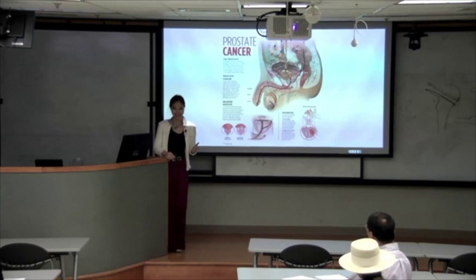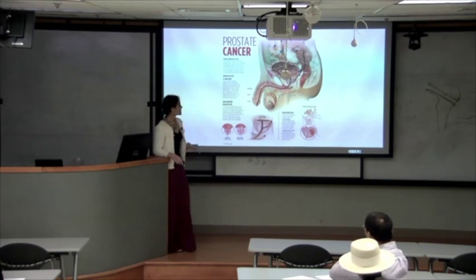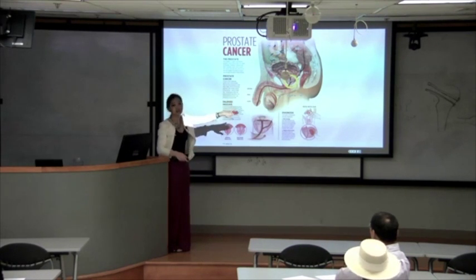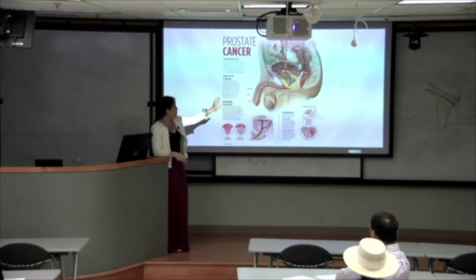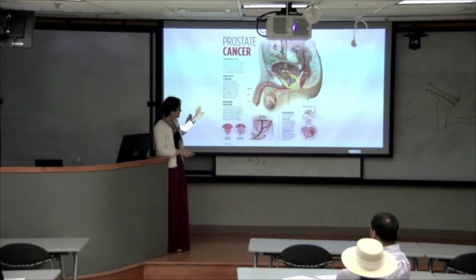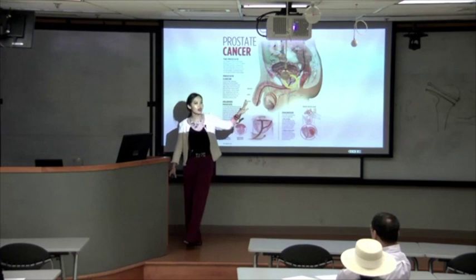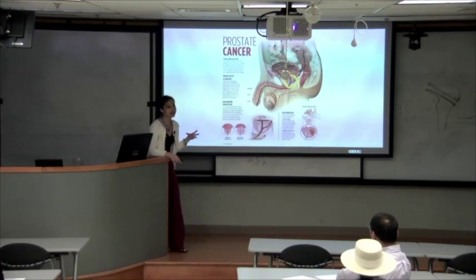What is the prostate? Where is the prostate? It's a walnut-sized gland located only in men right here beneath the bladder and in front of the rectum. The prostate produces fluid which liquefies the semen. So, it liquefies semen, and the maintenance of these cells in the prostate is maintained by something called the androgen receptor.